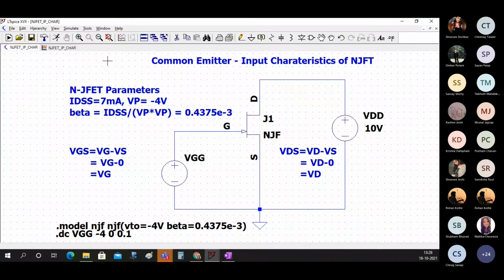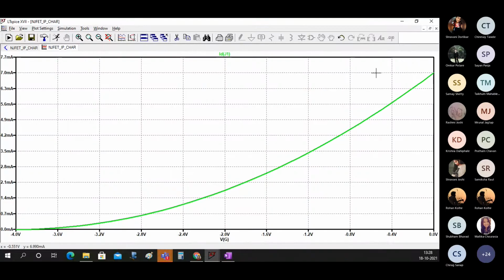So you can see the graph, this x-axis is VGS. This is -4 and here you have IDSS, which you can see is 7 milliamperes. So you can very well see the axis is in this way, which means the way in which we have given this is absolutely right.